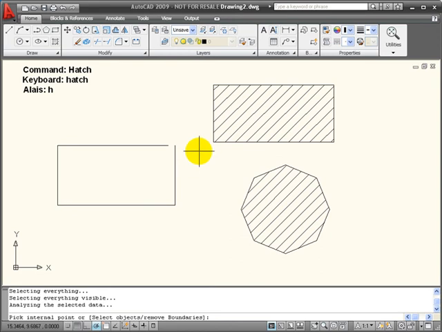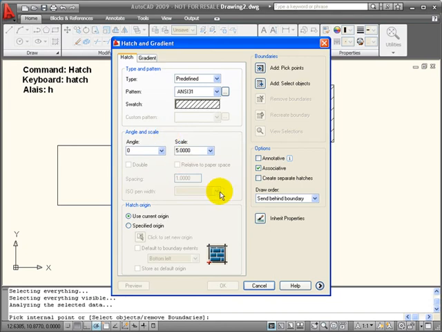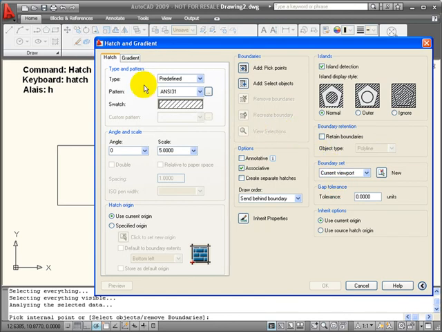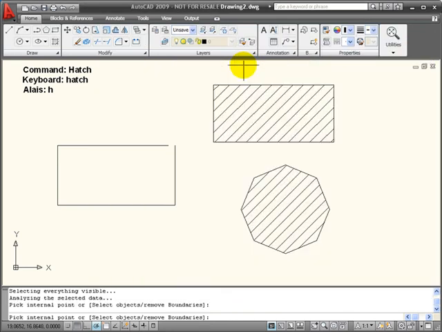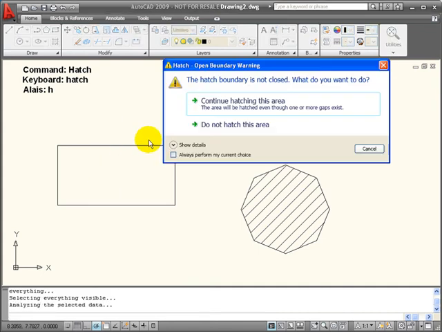Okay, so my dialog box will come back after I hit enter, and I can use this extra more options flyout on my hatch dialog box, and down here I have gap tolerance. So right now it's set to 0, so it has no tolerance. Let's give it a tolerance of 1 unit, and we'll try again. We'll pick inside this boundary area even though it's not closed, and I get another warning. Basically, the hatch boundary is not closed. What do you want to do? I can continue hatching the area,